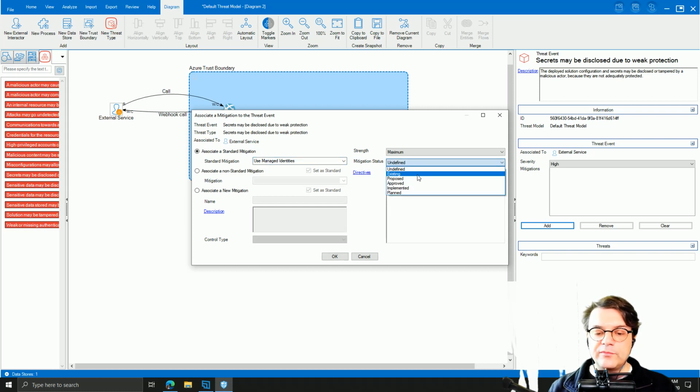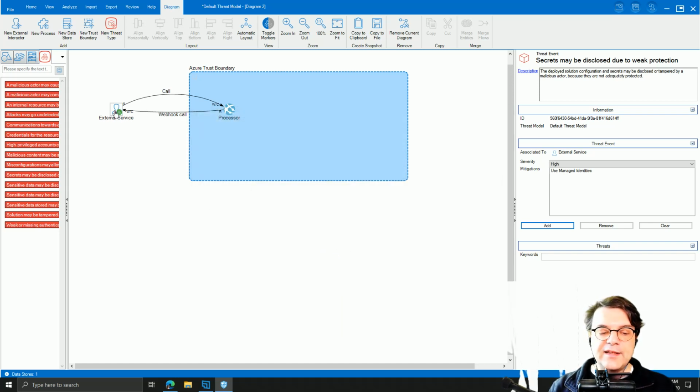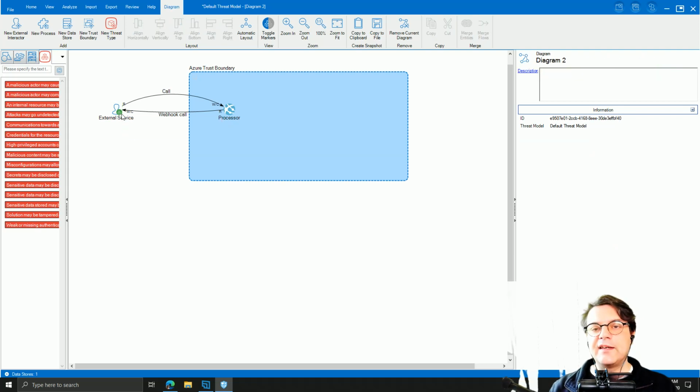It's maximum. So if I put existing, for instance, that could be everything, even proposed. Then it's green again, because both are green. So this is the idea. It's simply an easy placeholder, an easy tag for you to understand if the mitigations identified may be considered enough,